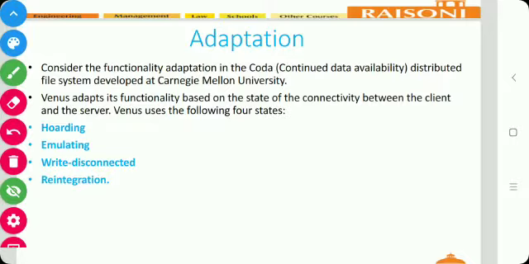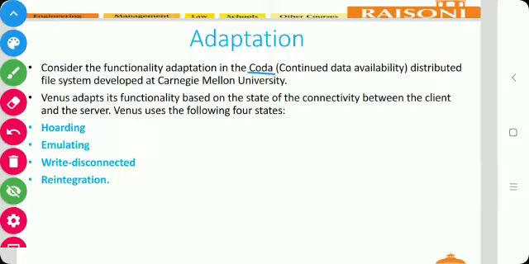What is CODA? CODA means Constant Data Availability, a distributed file system developed at Carnegie Mellon University. CODA is designed to maximize the availability of the data at the expense of possible access to stale data.